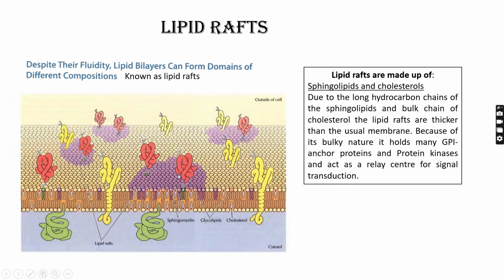So these lipid rafts are not only rigid, but because of their rigidity and very high hydrophobicity, they can hold some of the major proteins, GPI anchors and many protein kinases which are very much responsible for the signaling mechanism. You have to remember that what is present in the lipid rafts is mainly sphingomyelin and cholesterol. Other than this, as it is present in the outer leaflet, glycolipids are also present, but majorly it holds the